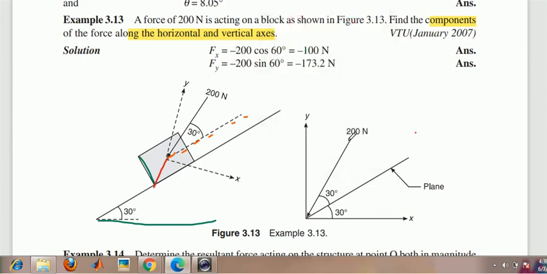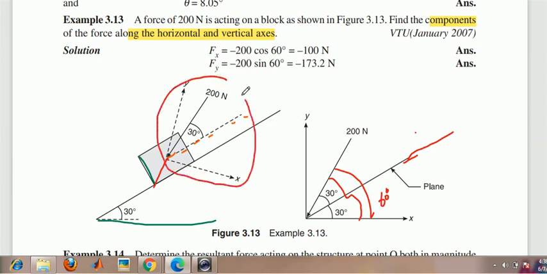Clear? 200 makes an angle of 30 degrees. This is your inclined plane, and this plane makes an angle of 30 degrees with respect to the x-axis. So in total it is 60. Is it clear with the inclination? Yes, ma'am. Yes? All of you, is it clear? Yes, ma'am. Okay, whatever dotted line is there, just consider this one, you can understand easily. This is 30 degrees, and from here to here that is 30 degrees, so that has been drawn here. So now 60 degrees is your inclination.